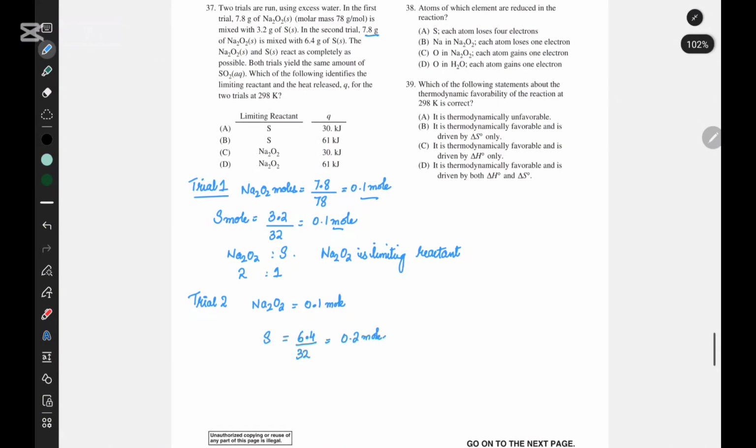And now you can see that again, as you know, 2 moles of it are needed. So again, Na2O2 is a limiting reactant. So in both cases, Na2O2 is a limiting reactant, and it is going to form, both are 0.1, and as